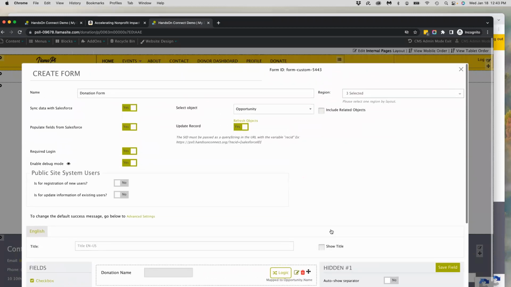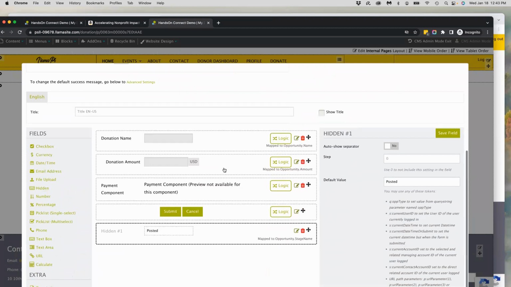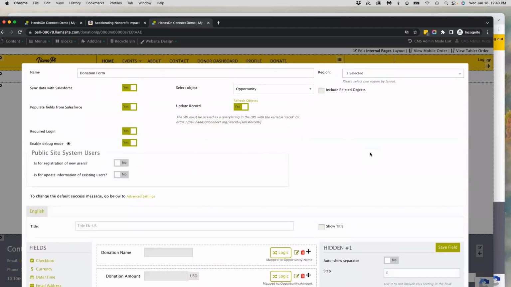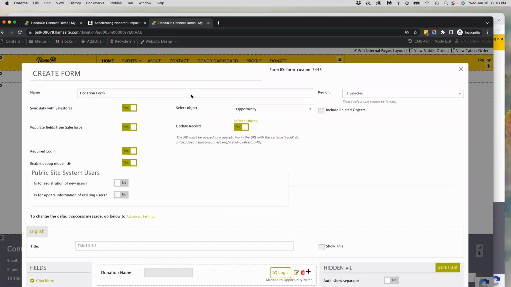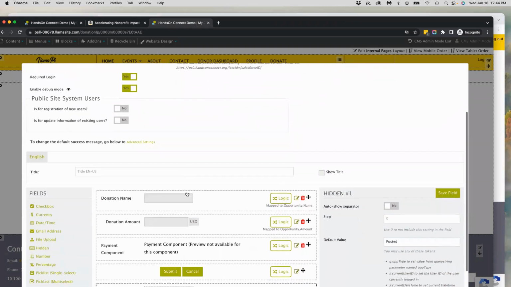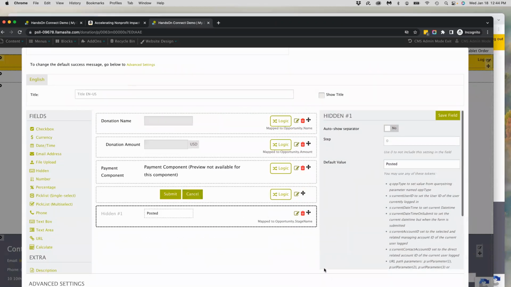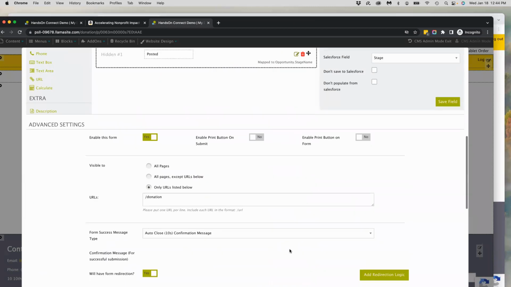And so I've talked a lot, but I haven't answered the question I set out to answer when I first got in here. Okay, this is great. I have the donation form, I'm showing the data I want, but how do I make sure I'm showing the right opportunity? And so the way I'm going to do that is, in my URL that I created, I'm sending the ID of the opportunity. I'm going to use the ID in the URL to pull the data from the right opportunity. So if I go to advanced settings down here,